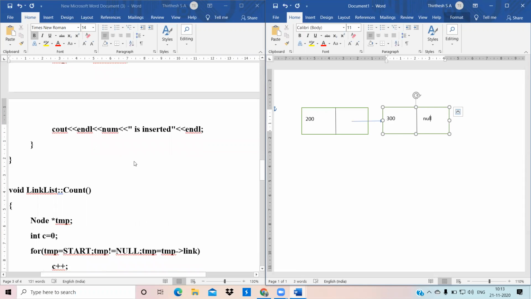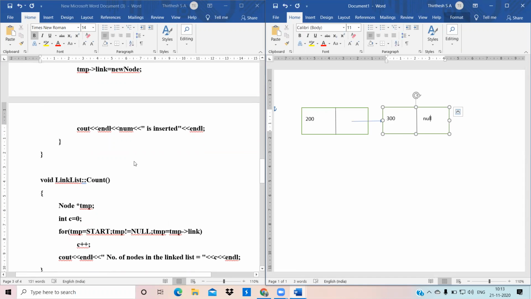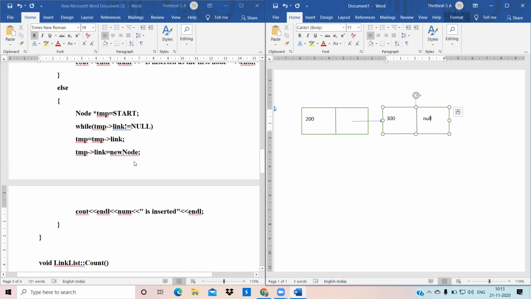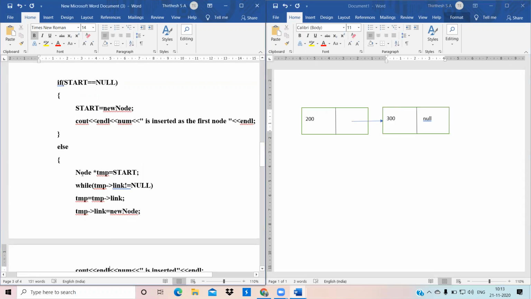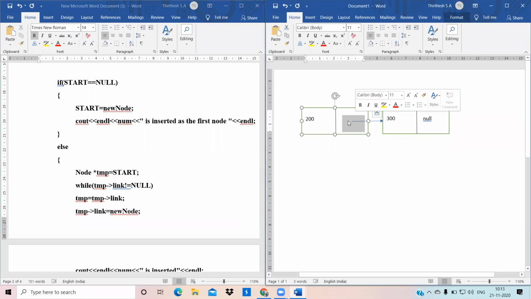Next, one more node is inserted. However many nodes you give, that many nodes you are going to insert here. This code works as follows: if you have a node in a list, what you should do is create a pointer, struct node *temp, which is equal to start, the name of the structure. Next, while temp of link is not equal to null,